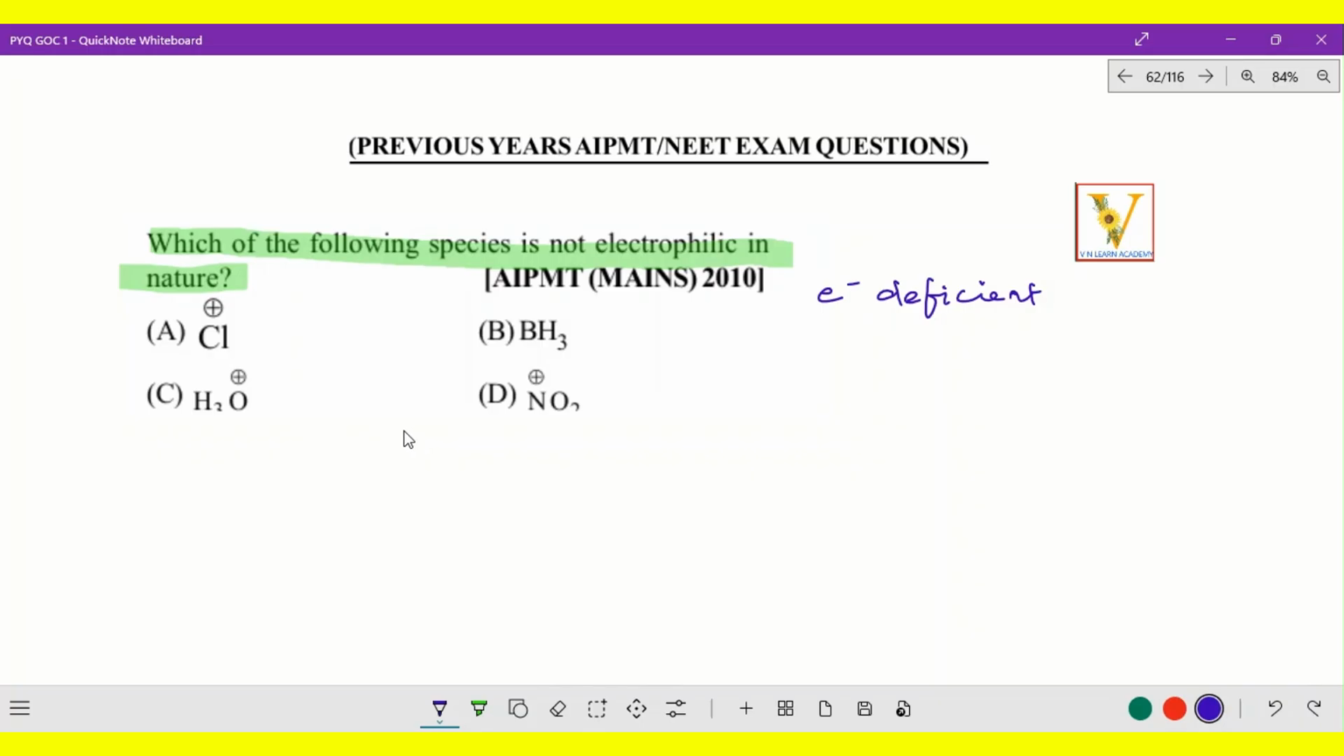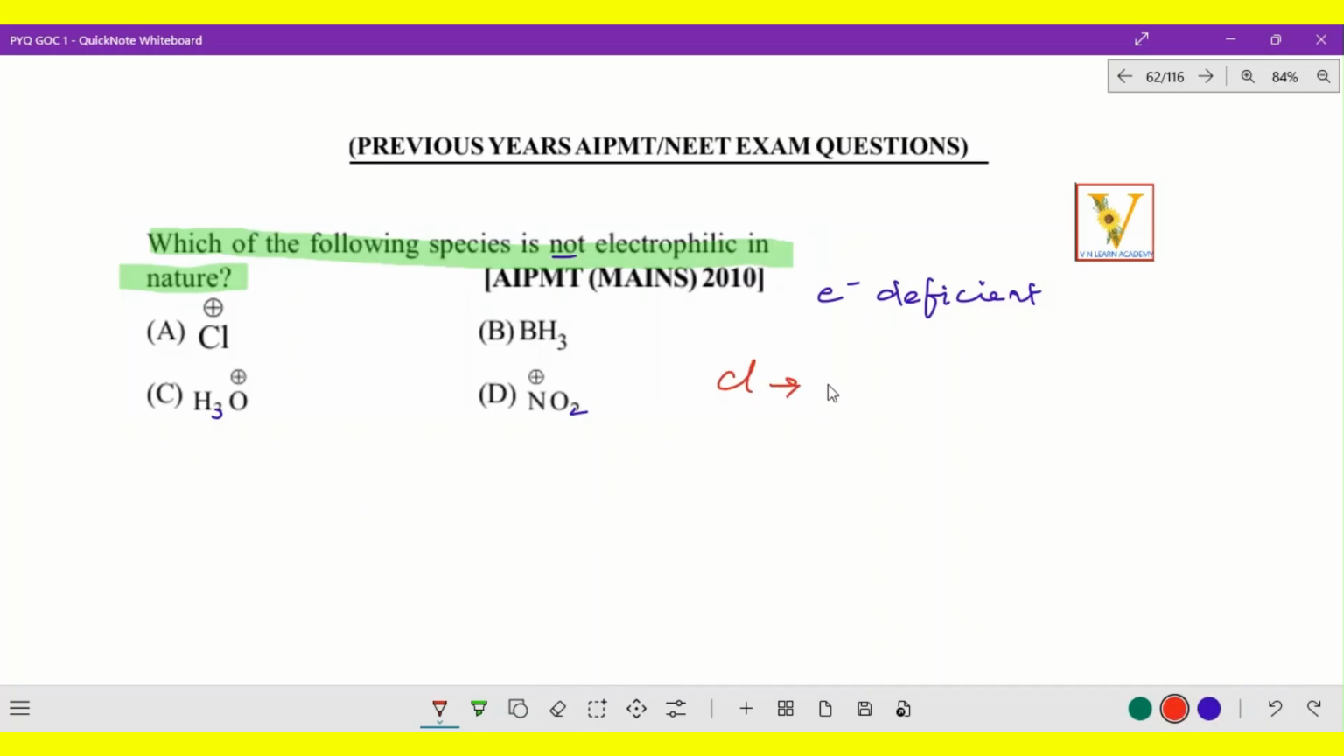Now, the options they have given: Cl plus, BH3, H3O plus, and NO2 plus. Okay, now which is electrophilic in nature, which is not electrophilic in nature? Only "not electrophilic in nature" is what they have asked. So here in this point,